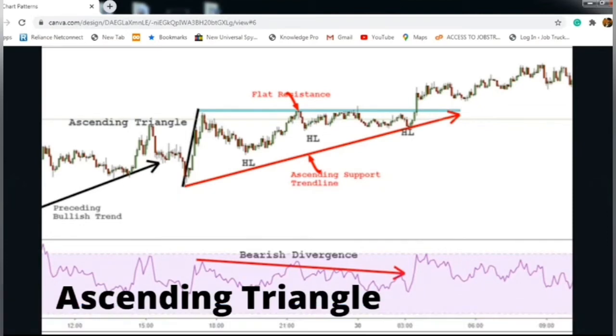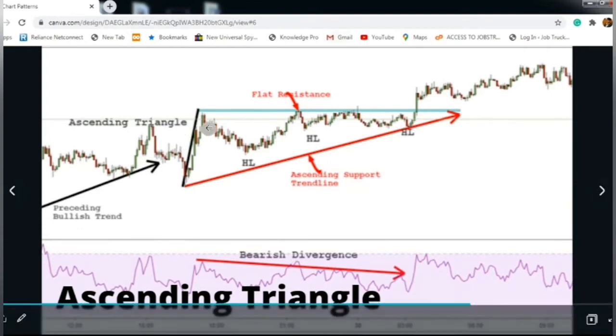The next one is the ascending triangle. As the name suggests, the stock will be in a triangle. It is a Pythagoras triangle. Some trigonometric equations and all will come, but I don't think in the beginners class there is a need to learn it. So we'll continue with the rest. But you need to understand the concept.